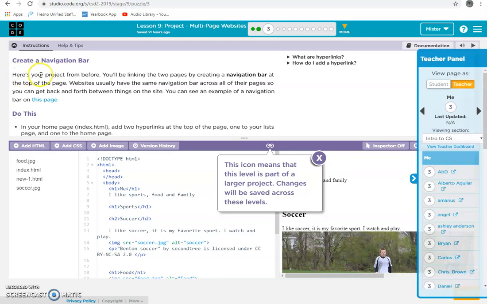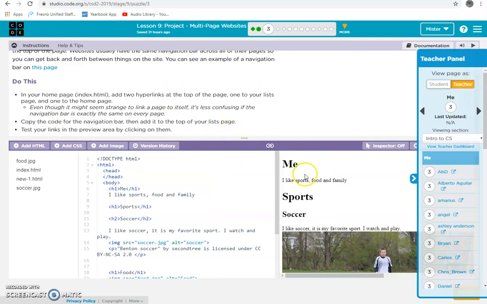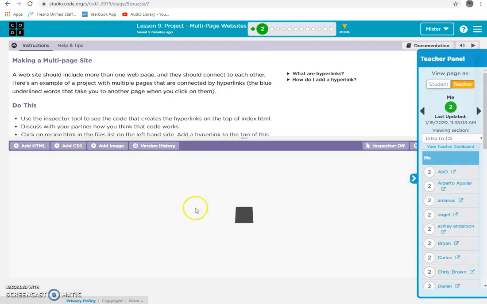Alright, here's your navigation project: linking to pages by creating a navigation bar at the top of the page. They want us to add two links to our home page to build a navigation bar. So in our body, if we want to just rip off the links,